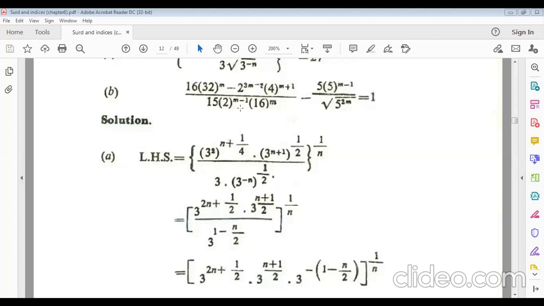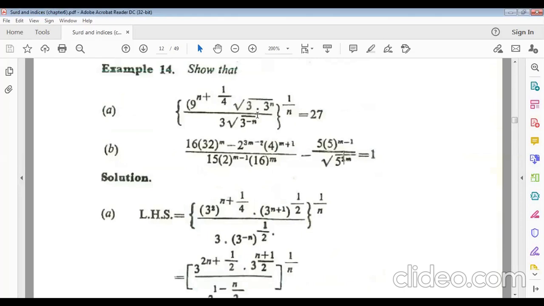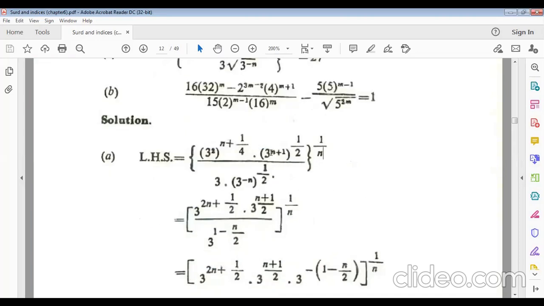So this square root will make half power. Square root also makes power half. This one, 3 to the power n plus 1, to the power half. Now this 2 and n plus 1 by 4 will be multiplied in the power: 2 by 4 means what? Half. And 3 to the power n plus 1 by 2. The n plus 1 power and the half power, so multiplication what will be? n plus 1 by 2. This is the power, remember it. 3 to the power n plus 1 by 2.